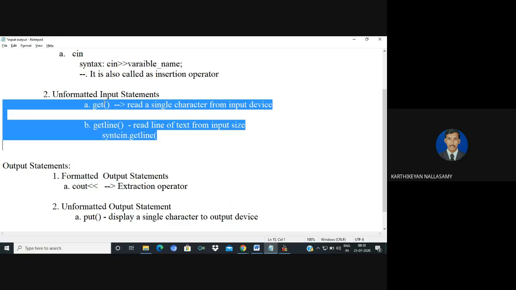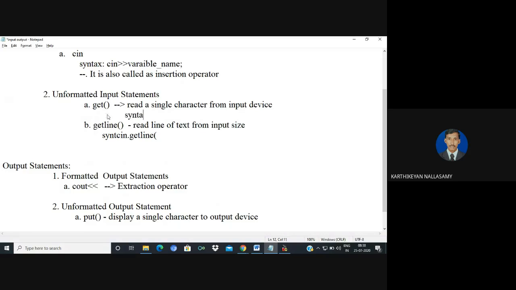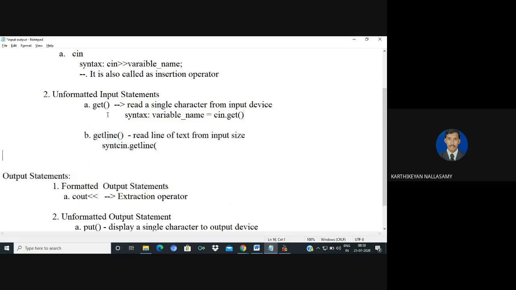Okay, let us define the syntax for get. By using an object only we are going to access it, so cin.get. This is the function we need to read a single character from the keyboard. The syntax takes a variable name, and the variable must be a character variable, then only it will accept. Also there is the getline method.